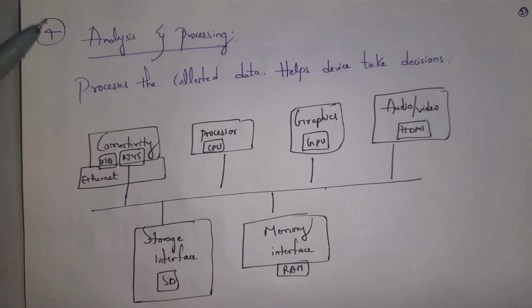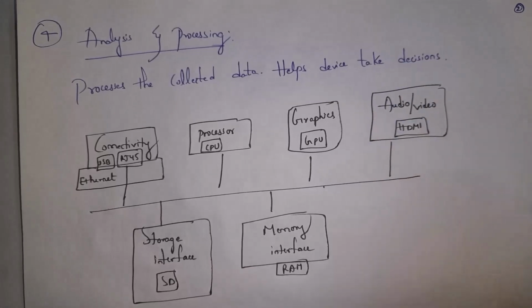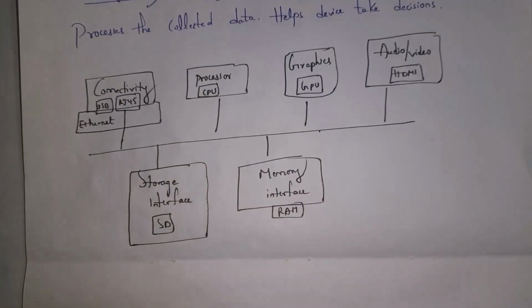And fourth one is analysis and processing. Thus, IoT device will process collected data and they will help to make decisions. For example, IoT device will give data regarding soil condition. For example, sensors give data like soil condition is dry. So we can take decisions like providing water to soil. For example, IoT device identified that there is too much of pollution in cities. Based on the data, we can take action. These are main parts in IoT device.